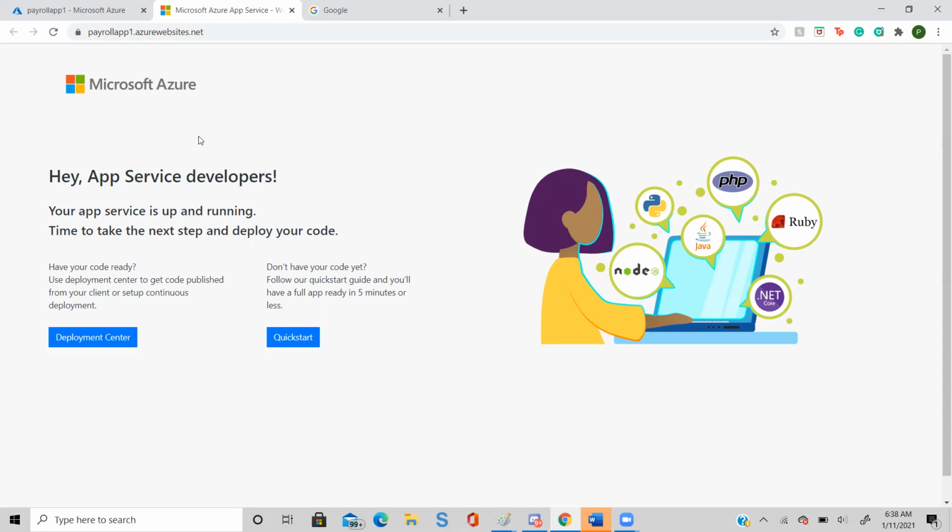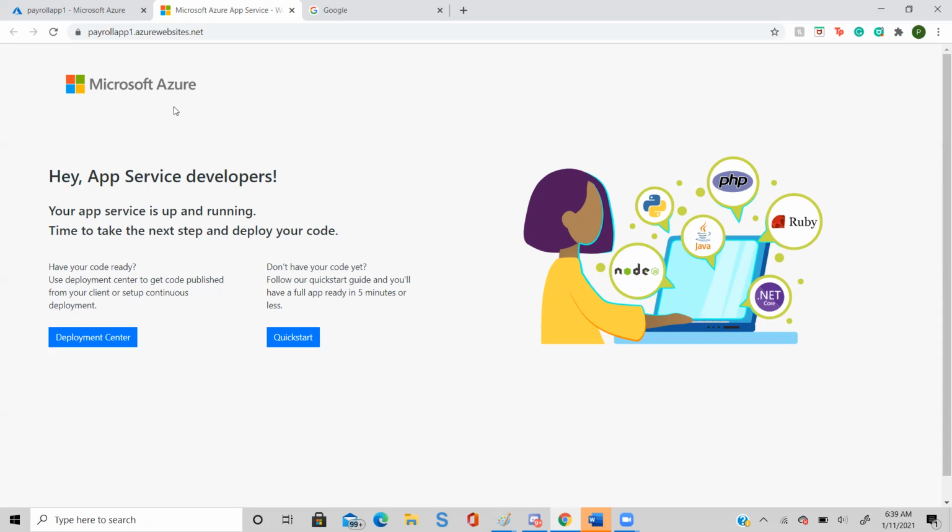Exactly. So how can we now integrate this application with my Azure Active Directory? Because in Azure Active Directory we have the privilege to create users, right? So let's do that. Go ahead and first create a user there.